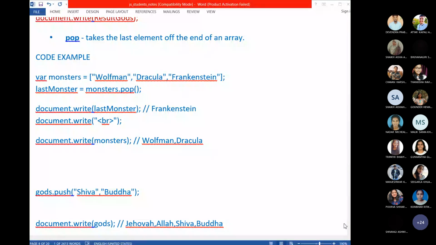Right now we are in array object. After completing array object, I will teach string object. Suppose I cannot complete string object, whatever I complete till then will be there in the midterm exam.